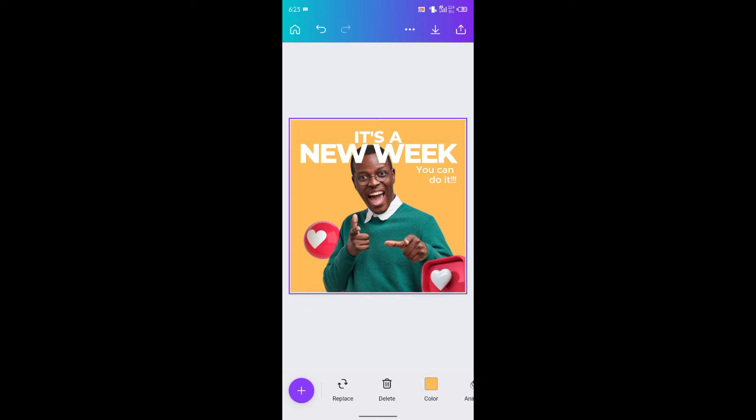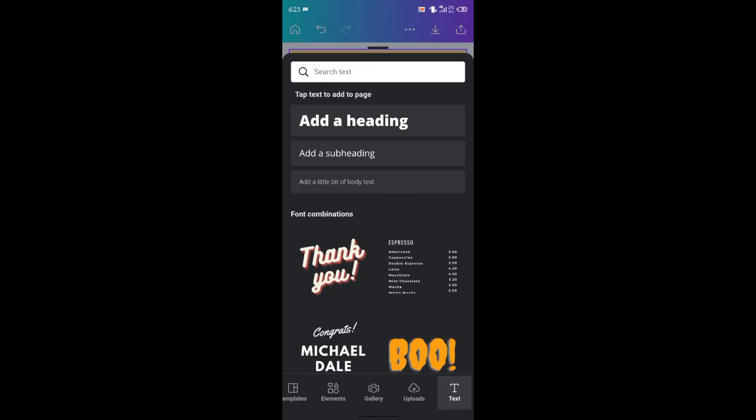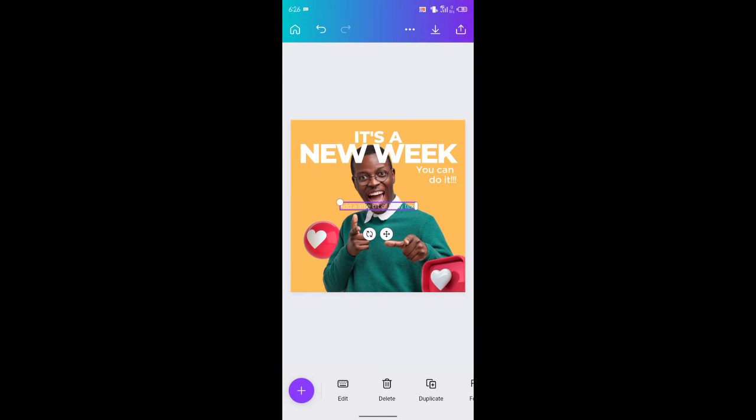Once I've added this, the next thing we're going to be doing, I'm going to be adding our social media handle. So click on plus, click on text, and click on add a little bit of body text. So I'm going to tap on it. I'm going to add my Instagram handle,